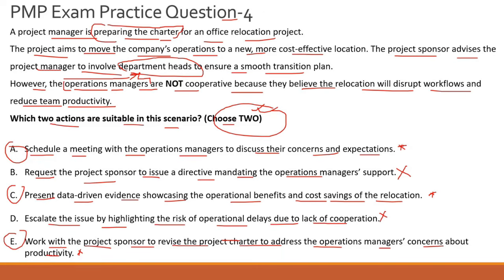Now you have to eliminate one of these three answer choices to arrive at the two answer choices which are correct. Okay. Now, if you look very closely at option A and option E, guys, you will see something very interesting. Option A is suggesting that you schedule a meeting with the operations managers to discuss their concerns and expectations. Okay, which is good. Now, option E is suggesting that you work with the sponsor, blah, blah, blah, to revise the charter to address the operations